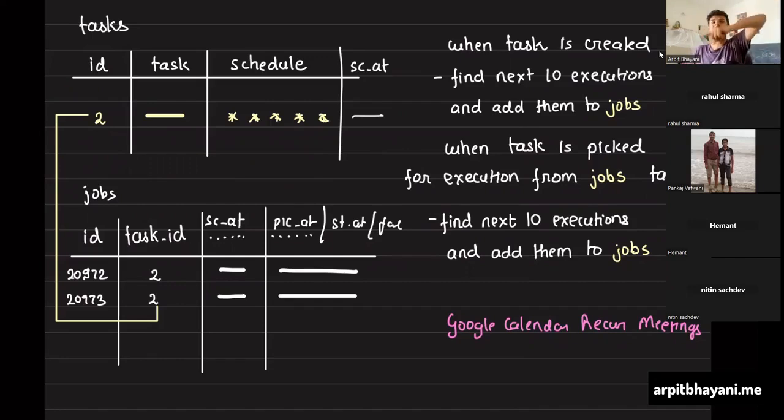Now when the picker runs again and picks up the same task, it says, hey, this is a recurring task, it will find out the next 10 from that time. For example, if the picker is picking a task at 10:16, it would seek the next 10 iterations: 10:17, 10:18, 10:19, 10:20, 10:21. It would say I already have created entries for each of these tasks except the last one. So it would make one entry for the last one.